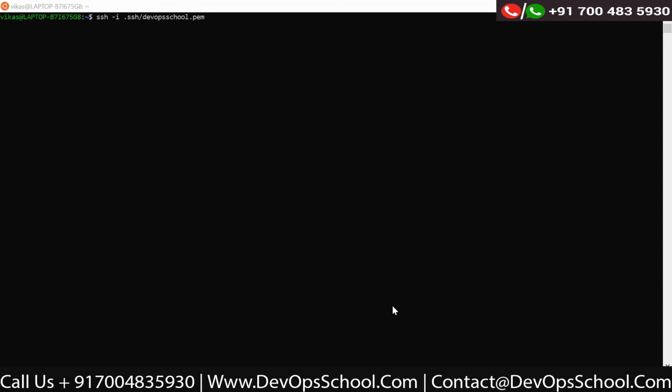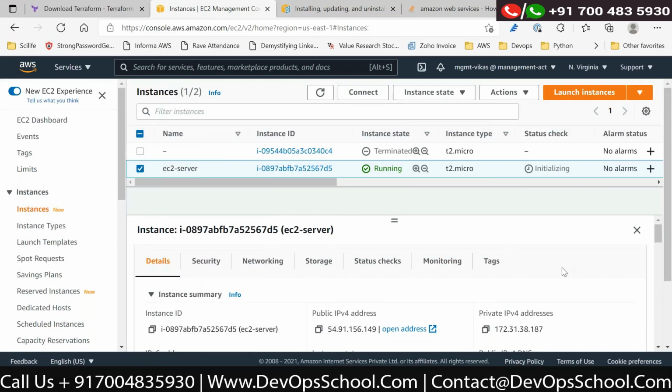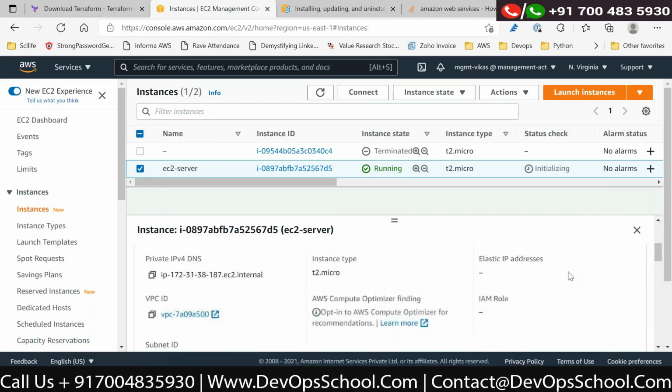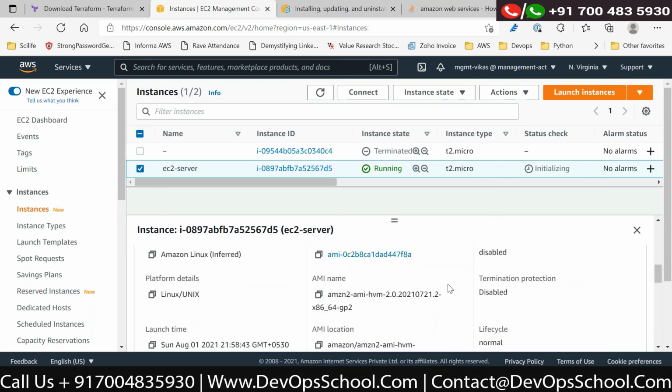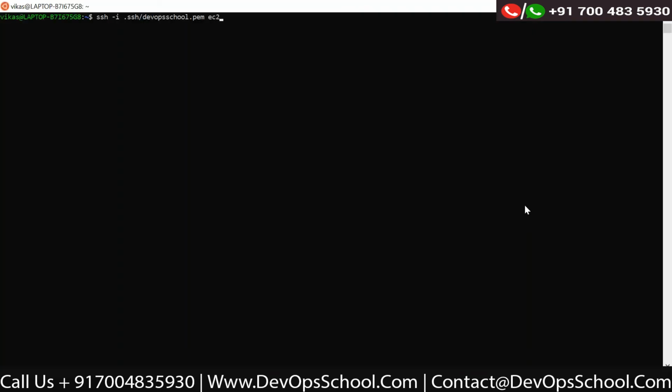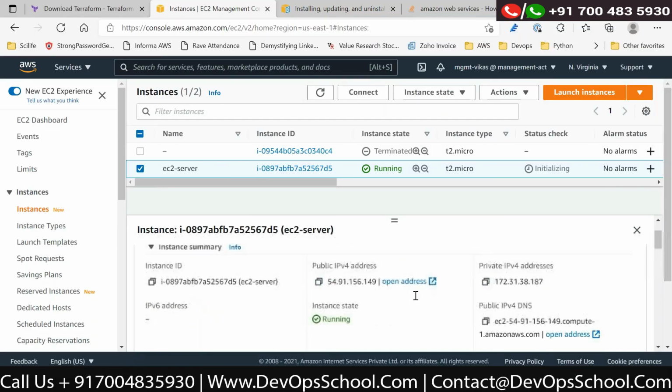This is EC2, am I right? And the server is Amazon Linux 2. So the ec2-user at